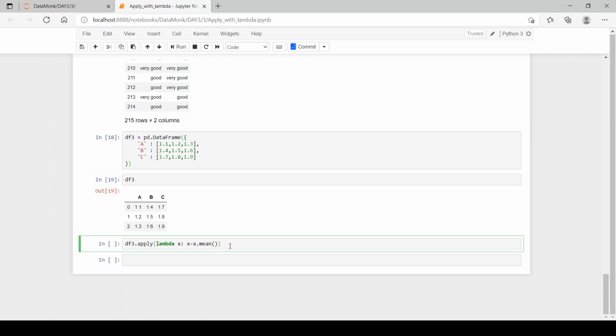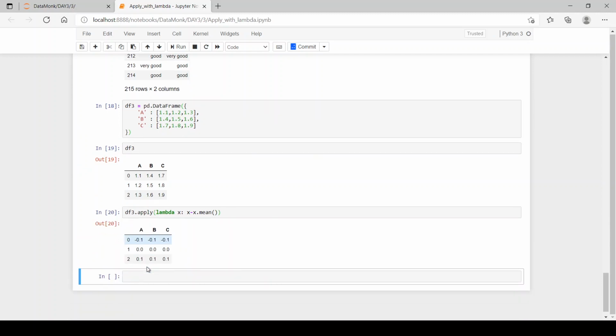Let's see the output. Now we have 1.1 minus 1.2, which was the mean of the column. So 1.2 minus 1.2 is 0, and 1.3 minus 1.2 is 0.1. So likewise we have for each and every column.